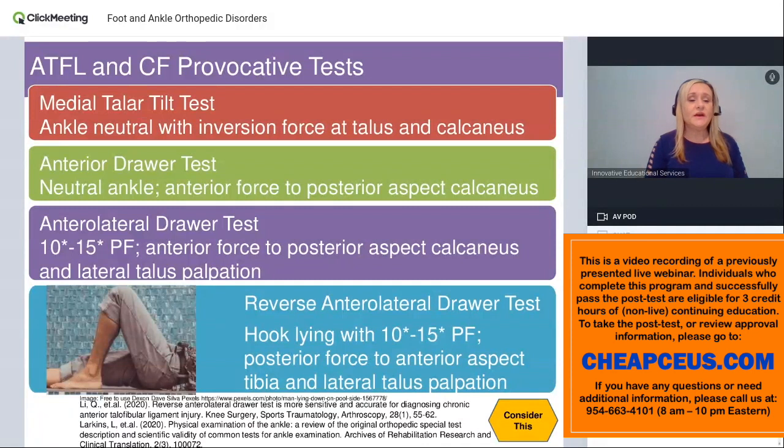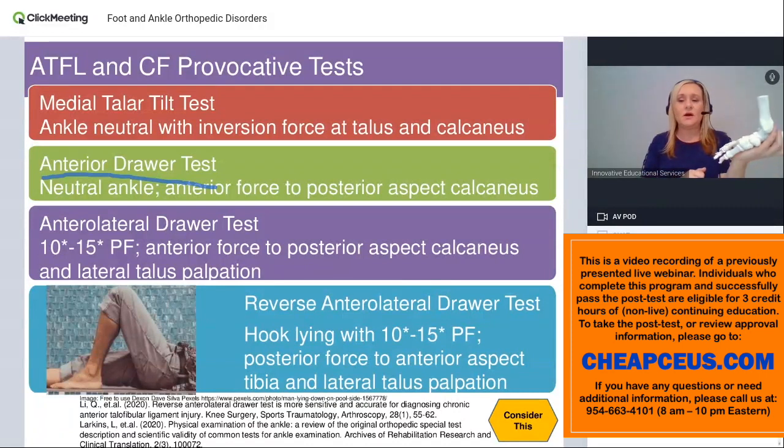Our specific provocative tests to assess the different ligaments of that ankle complex. The medial talar tilt test. This is going to look at the medial force that will be applied with the ankle in neutral to that talus and the calcaneus. A classic test that we know is our anterior drawer test, where we have the individual